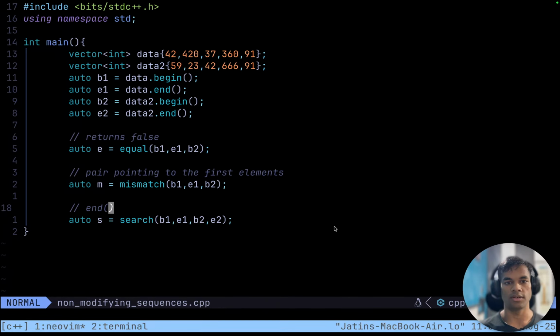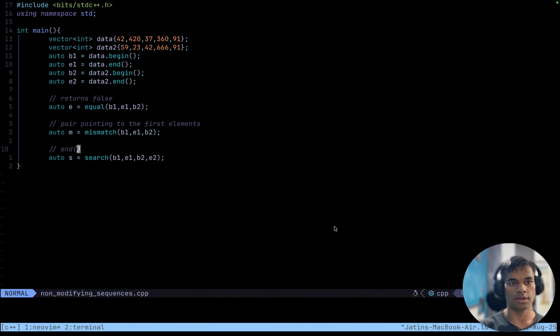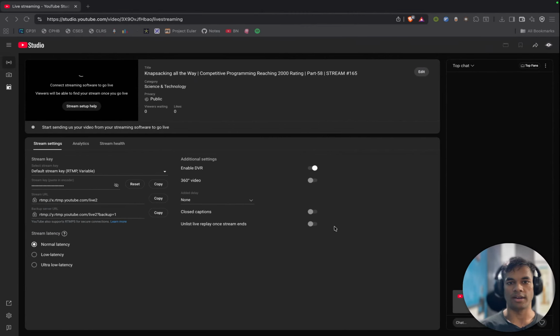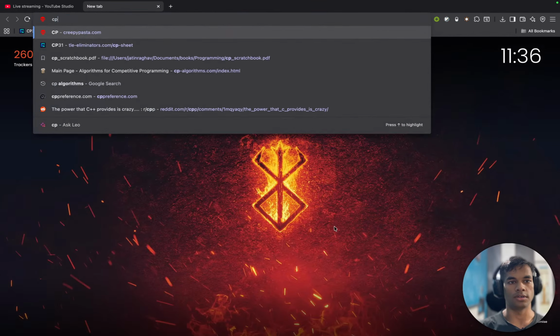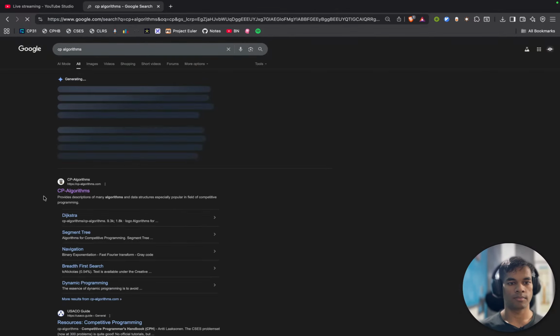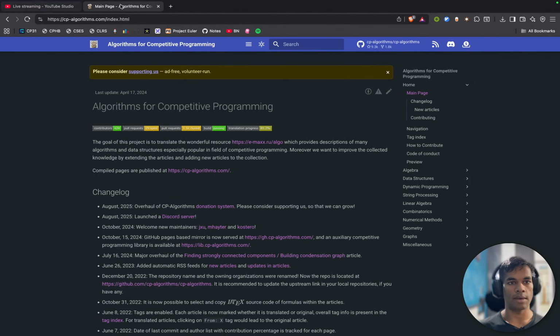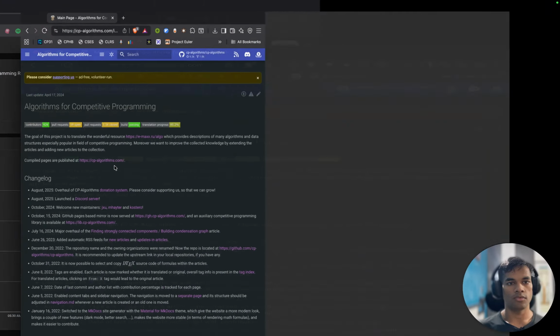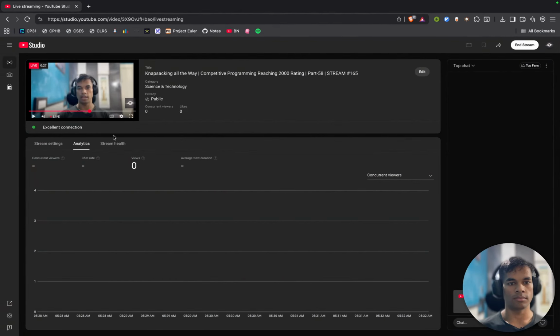Today is 26th of August 2025, Tuesday, and today we are going to delve into knapsack, and that is cool. There is an article here on CP algorithms, this thing here on knapsack problems, and we are going to go through the whole thing